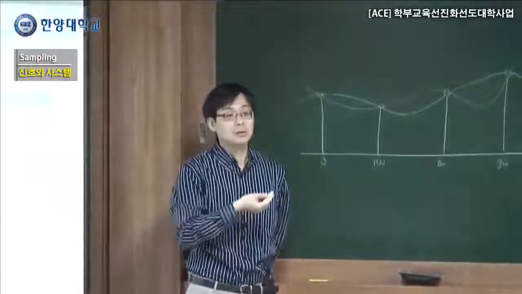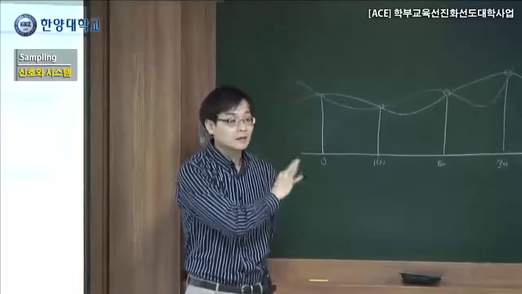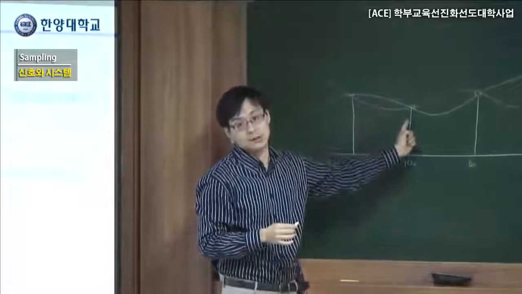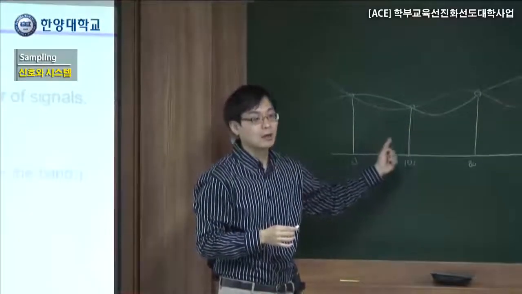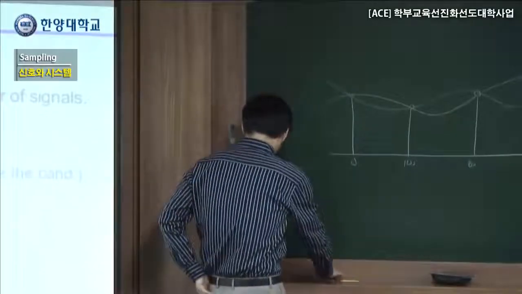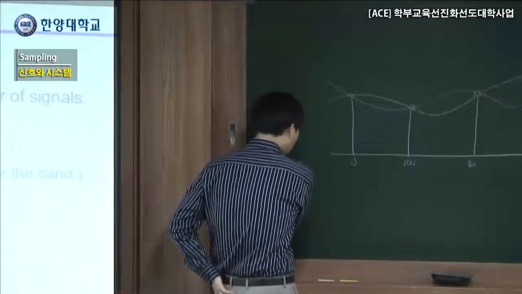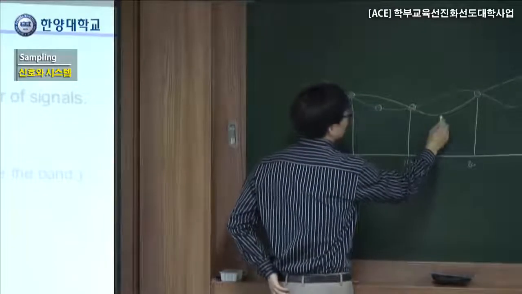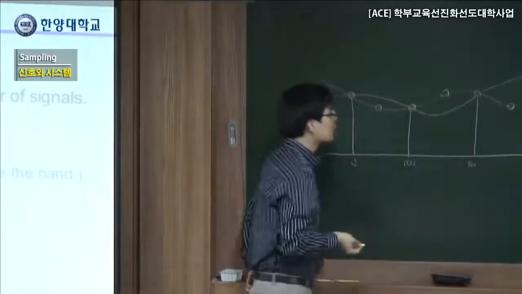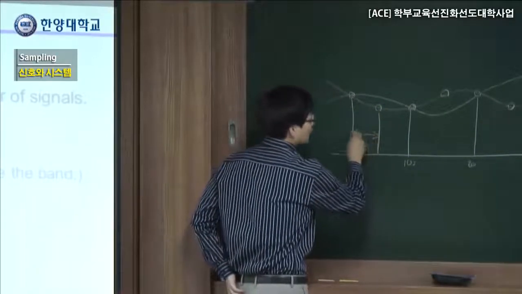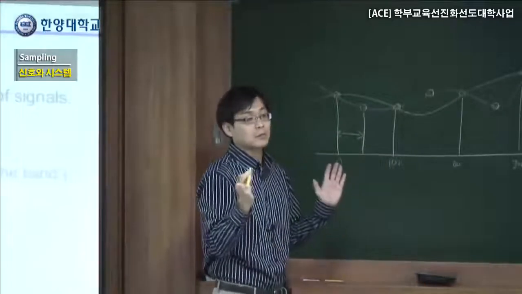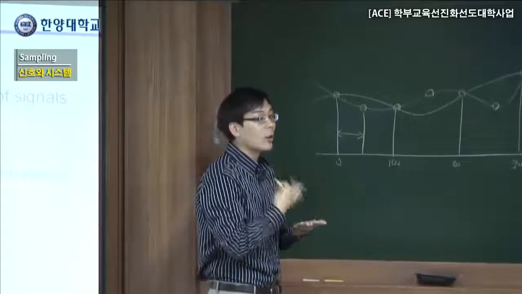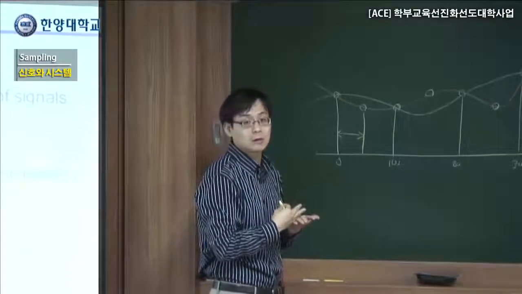One way, so the way they look, why are they different? Because in here and here they are the same, but between them they are different. So one way we can find out the real data is, what if we pick up data here, here, here, here, here, for example. So if we make the spacing short, then we can have better tracking of the original data. Is it right?